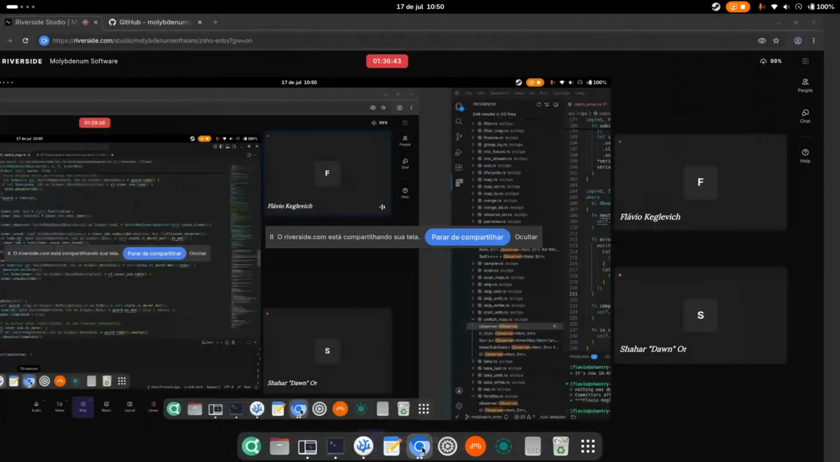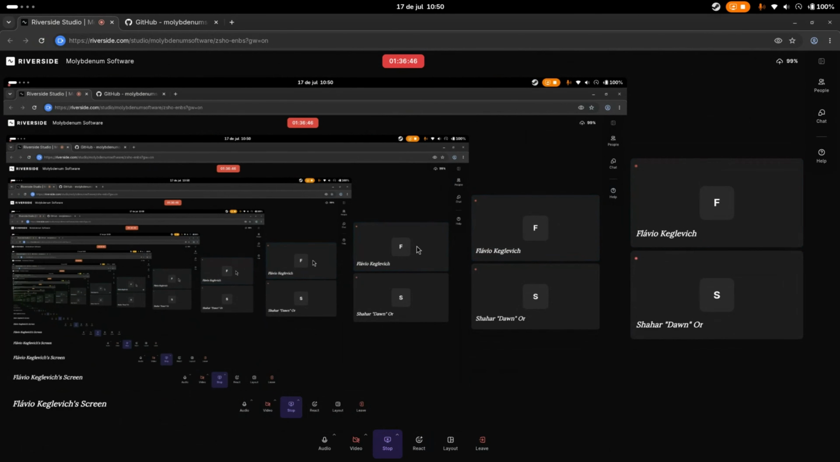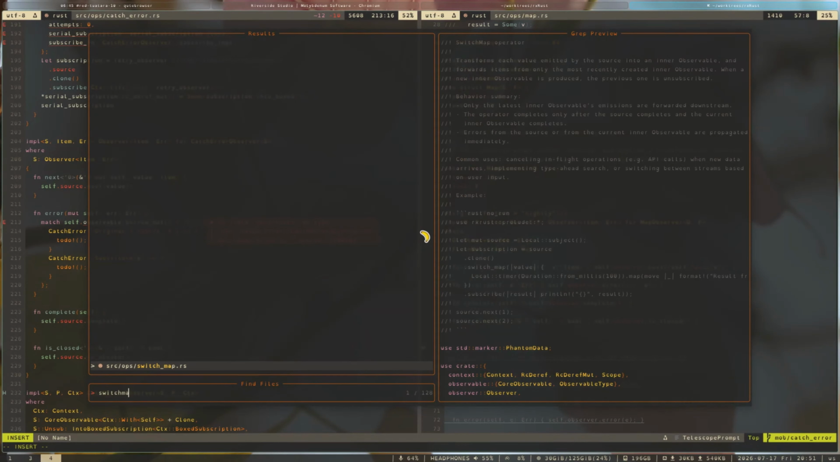Scope. Switch map RS. Okay. Well. Shared. I can see your screen. Yes,